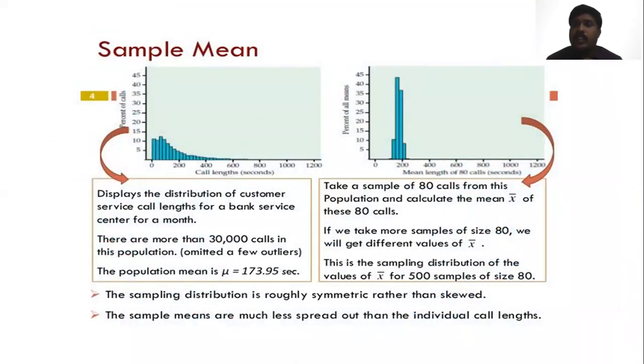So we have already seen the mean, median, mode for a particular data in the first session. Here if we take a sample, we can apply those measurements for this sample too. So normally we can take the sample mean and sample standard deviation. The sampling distribution is roughly symmetric rather than skewed. In the previous session we learned about what is skewness and what about their coefficients.